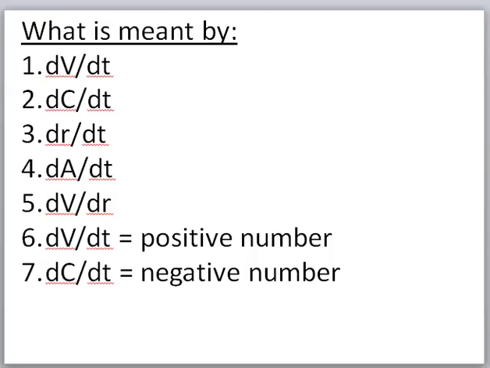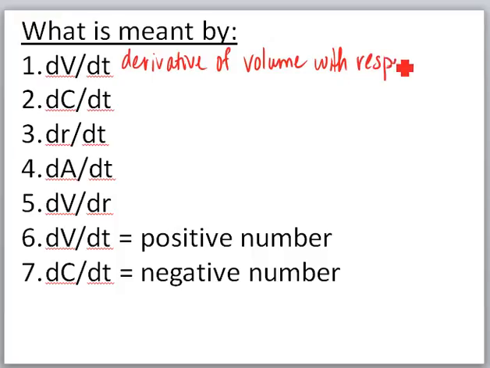Well, when I write dV over dt, I am talking about finding the derivative of the volume with respect to time. I'm not going to write each one of these, but I'll just say them. This one would be find the derivative of the circumference with respect to time. Number 3 would be the derivative of the radius with respect to time. The fourth one, the derivative of area with respect to time. The next one, the derivative of the volume